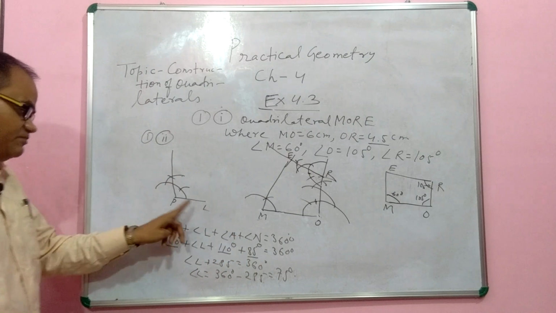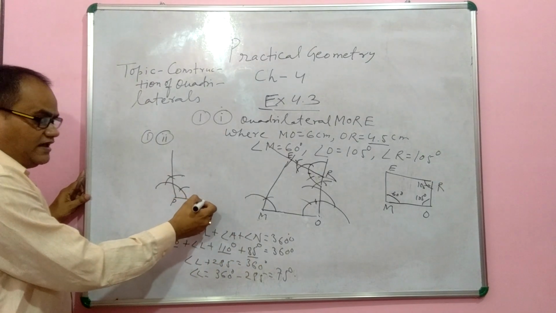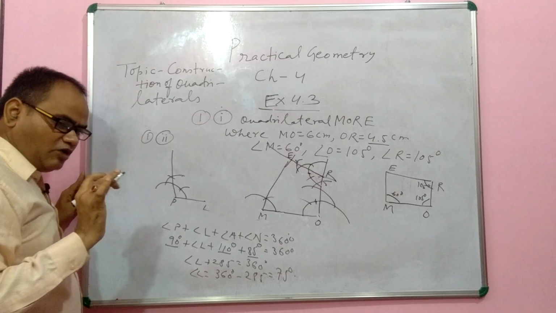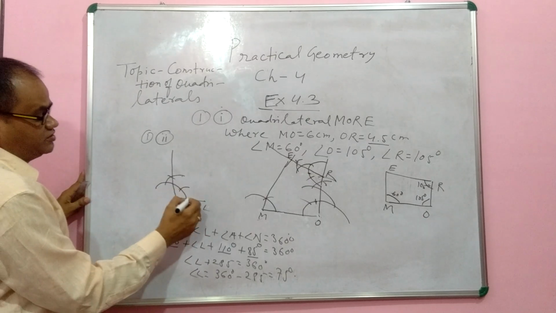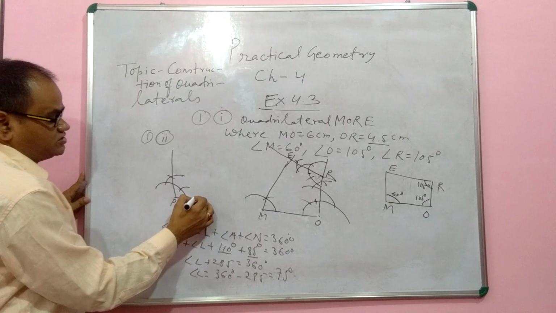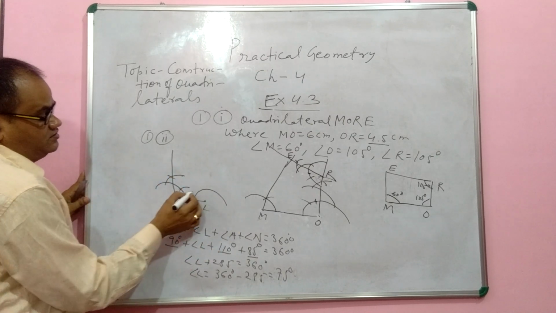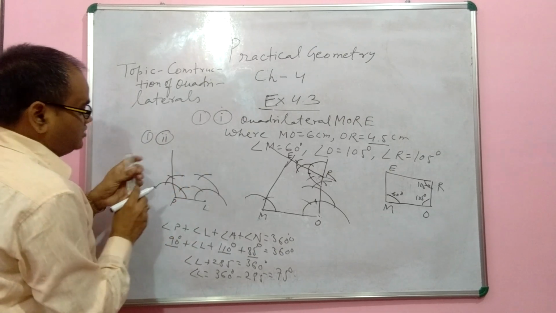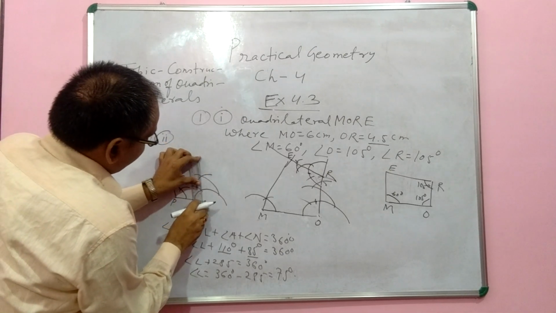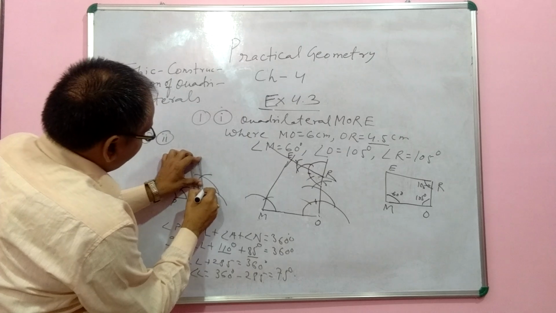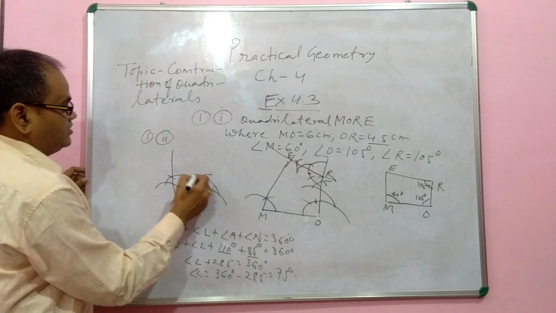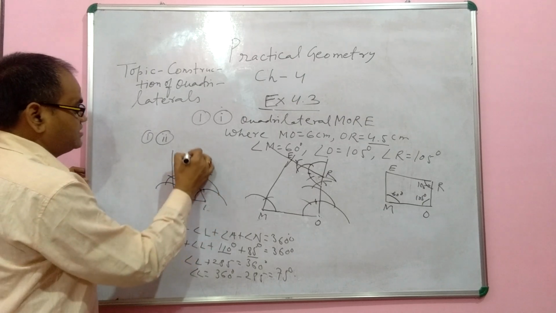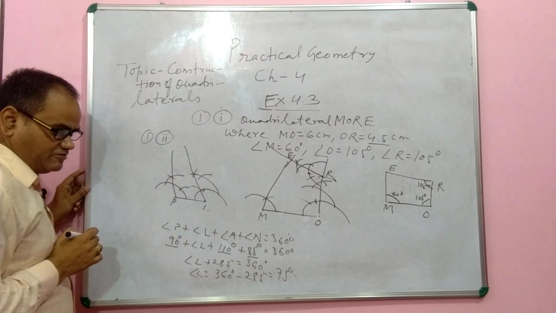This is angle L. It means at point L you have to construct 75 degree. And you know how to construct 75 degree? Look, I am telling you how to construct. At point L you just keep your compass, draw an arc. This is 60 degree, this is 120 degree, this is 90 degree. Now you just keep your scale like this. This is 90 degree. Okay. And now you keep your compass here and cut this arc. This is your 75 degree. Angle L equal to 75 degree.